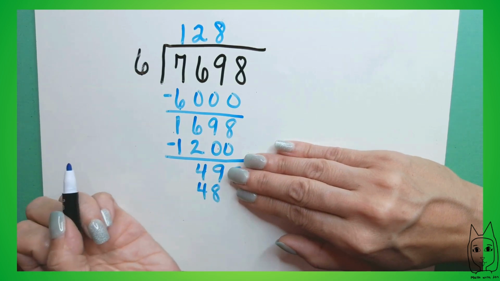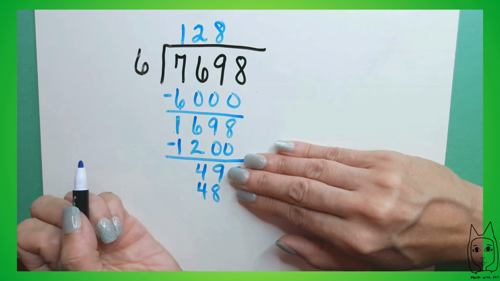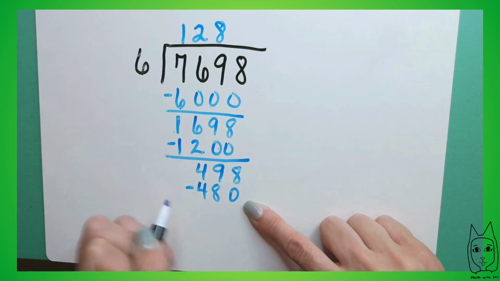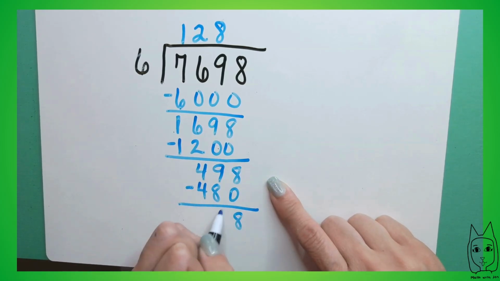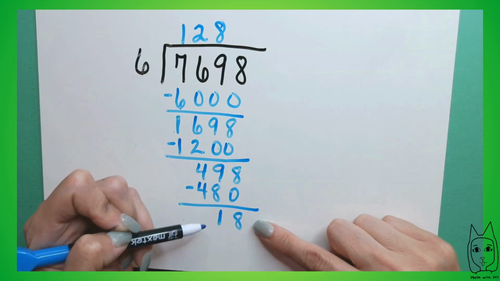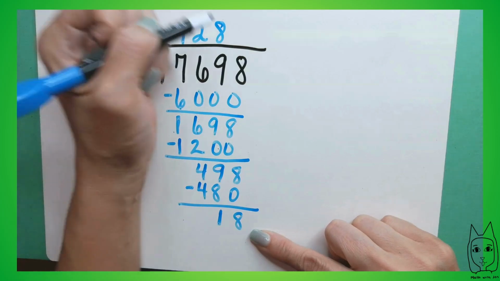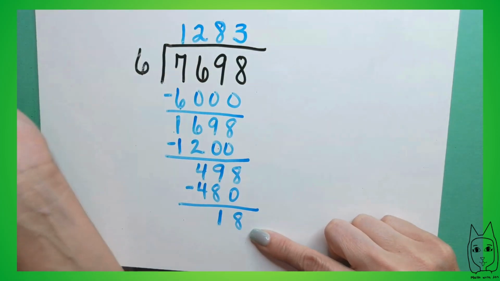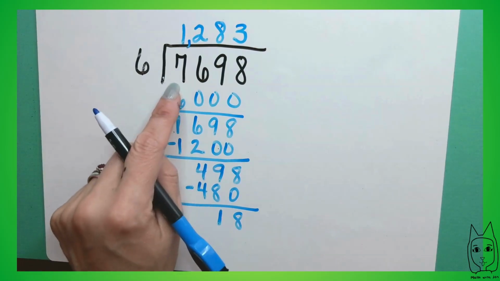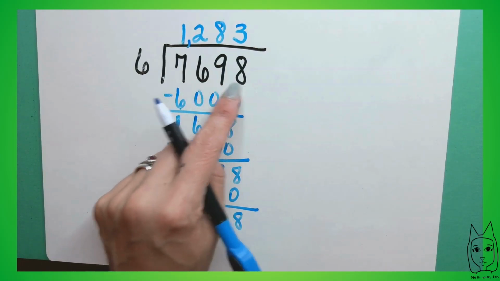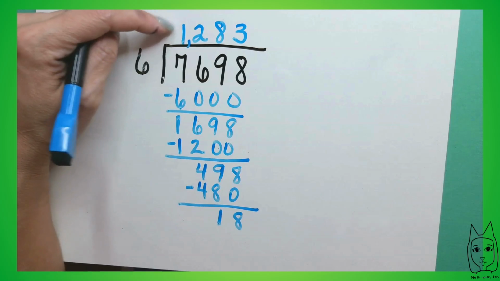And if I went to the 9, that would be 54, and that would be too much. I put a 0 in for that other missing place value. Subtract. So I have 8, and then I have 1. So I have 18. 6 goes into 18 3 times, because I know 3 times 6 is 18. If I divided 7,698 into 6 equal parts, each of those parts would be